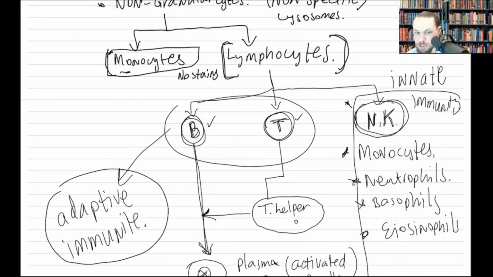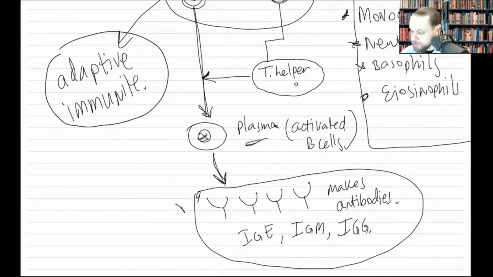Those are the cells that foster a response where they start to make specific antibodies focused against that foreign antigen, foreign bacteria, or foreign virus that comes in. So that's how we subdivide your white blood cells